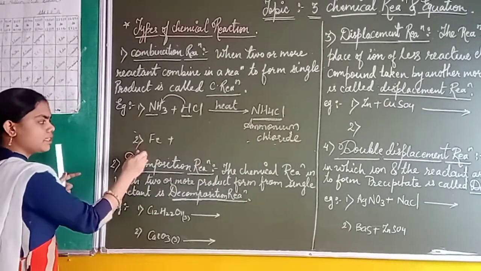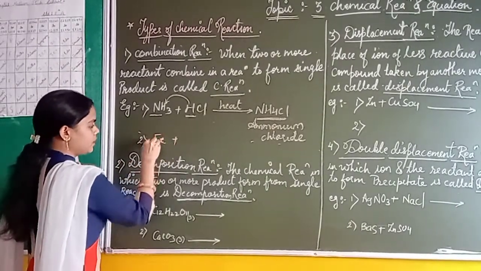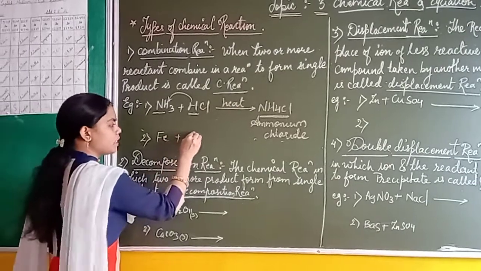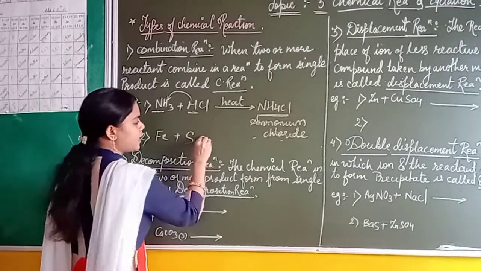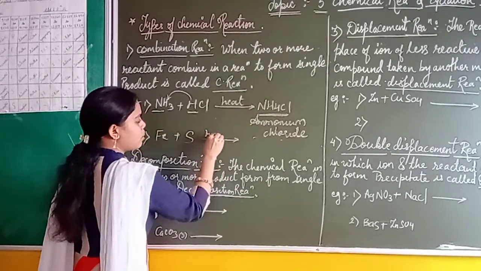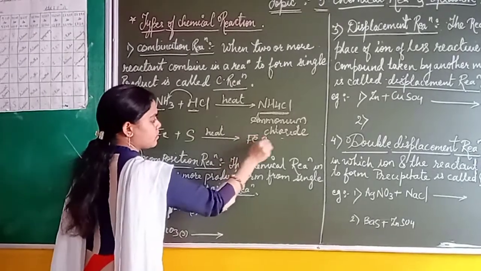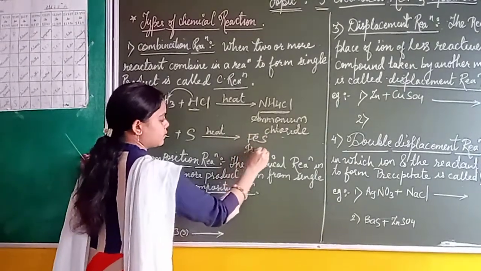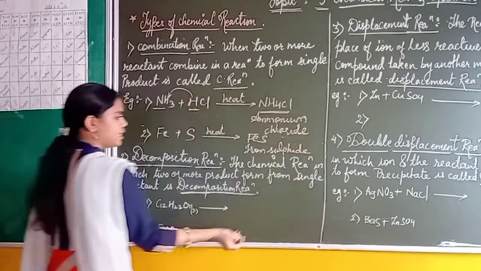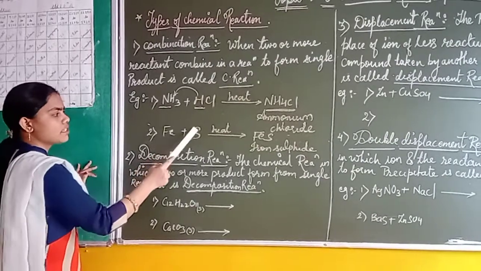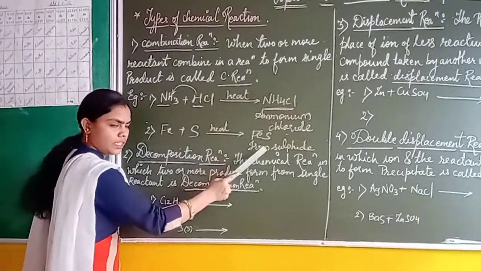Next, same type, different example, that is iron. So here iron, Fe, we have written, and it is going to combine with sulfur. Right? So Fe plus sulfur is going to combine, and after reaction on heating, what it is going to give us is FeS, iron sulfide. So we are getting iron sulfide as a combination reaction, means Fe and sulfur are getting combined, so it is a combination type of reaction we can say.